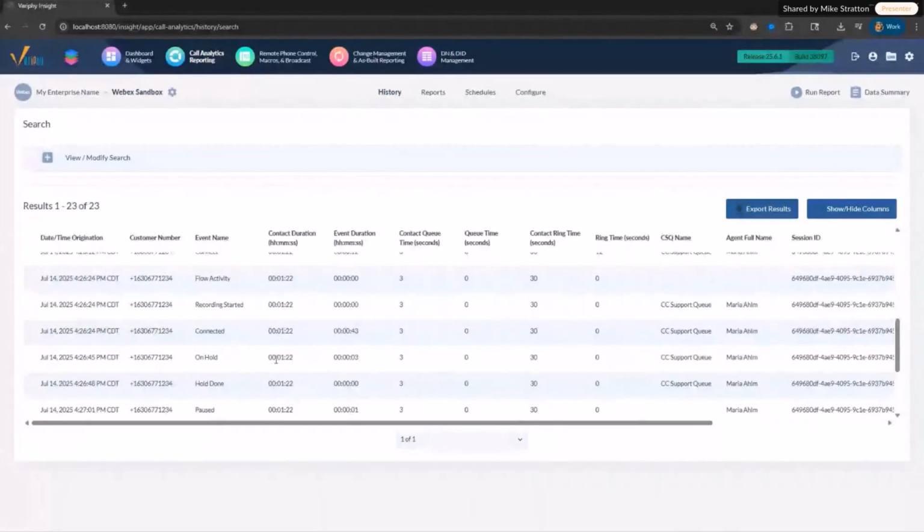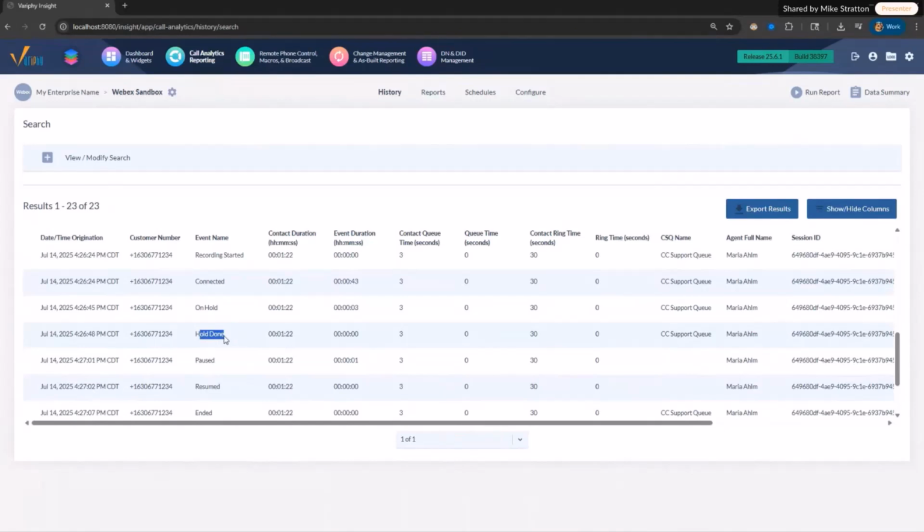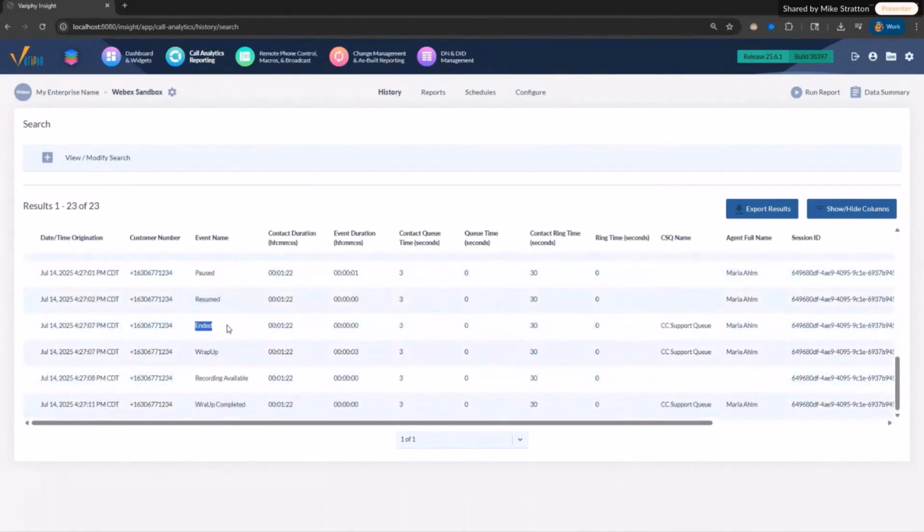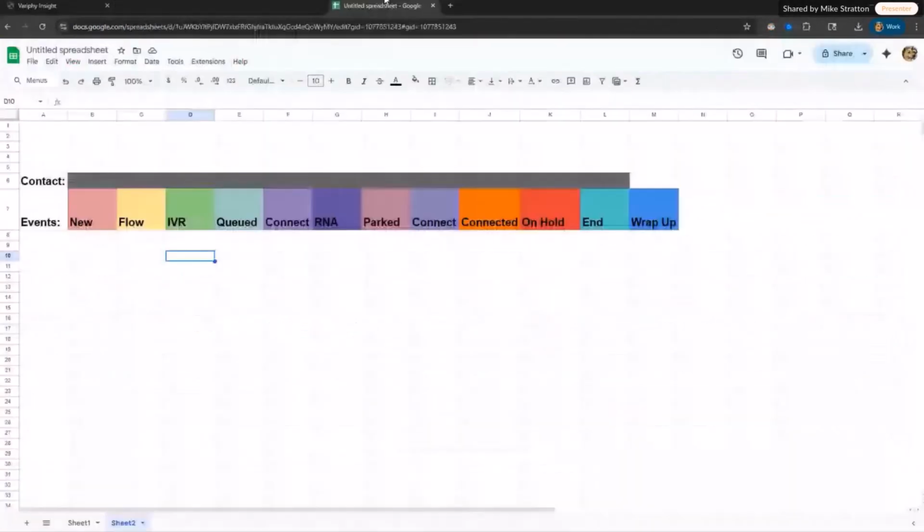And then the event is 3 seconds here for hold time. Hold done. Again, we can see, when she ends the hold, paused, resumed, and then ended. So if I go back to my little handy dandy chart here, looking at Maria's call,